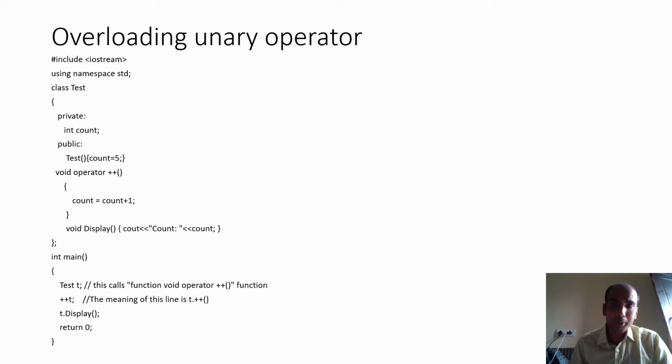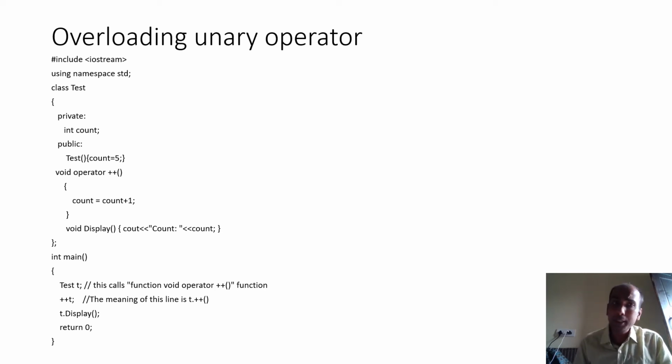For this, you need to overload it. So what was the syntax of overloading? Return type, so I have written void. Then I have written operator, because the name of the function is operator. Now you need to give the symbol of the operator you are going to overload. You are overloading the plus plus operator. Then inside the braces you write what you want to do. You want count equals count plus 1. If you write here count equals count minus 2, when you write plus plus t, the value of count will be decreased by 2. If you write count equals count multiplied by 3, when you write plus plus t, the value of count will be multiplied by 3.